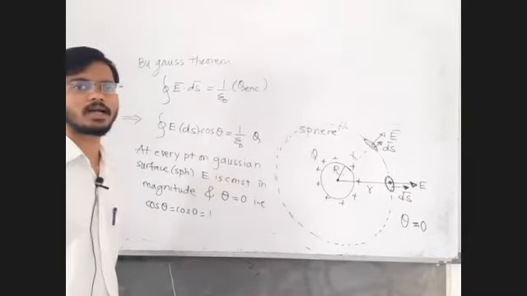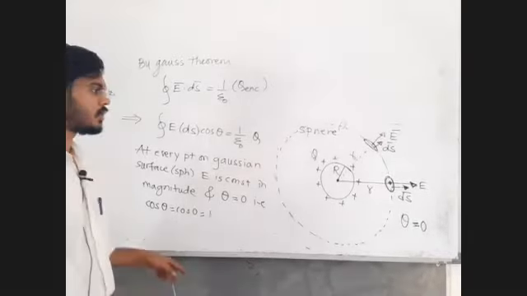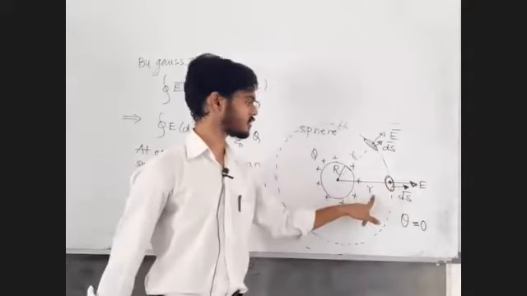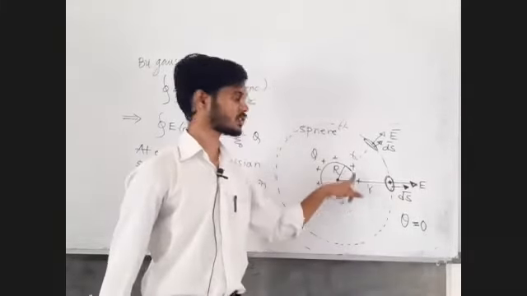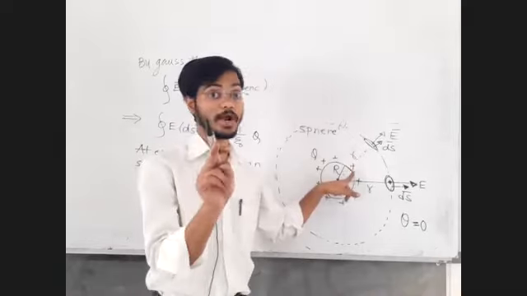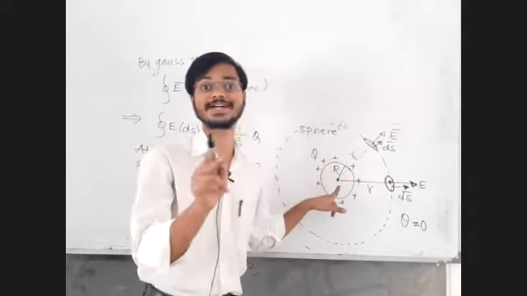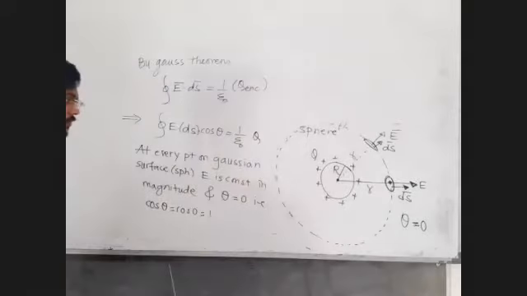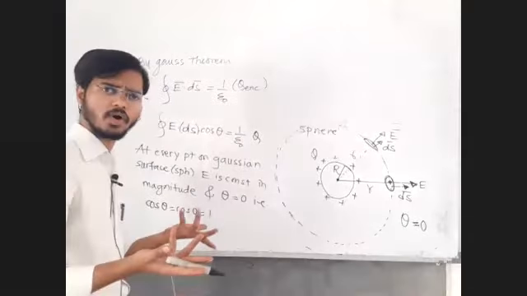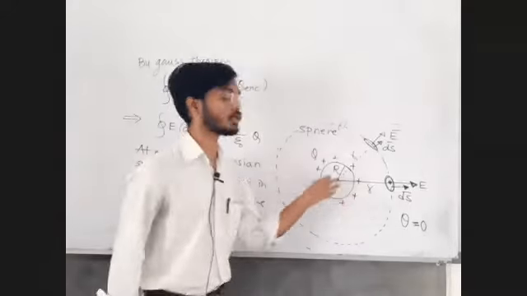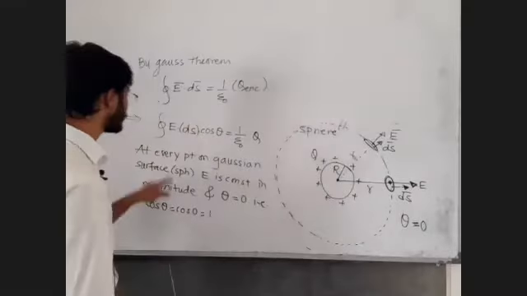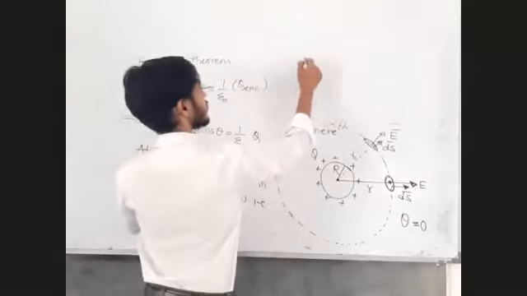Now the answer. We want to find out the electric field at a distance equal to r from our charged system. Our charge system is not a point charge. It is a spherically charged object. The point charge electric field we already know. We have a spherically charged object and we want to find the electric field. Let's do that. E is a constant and can be taken out of the integration.